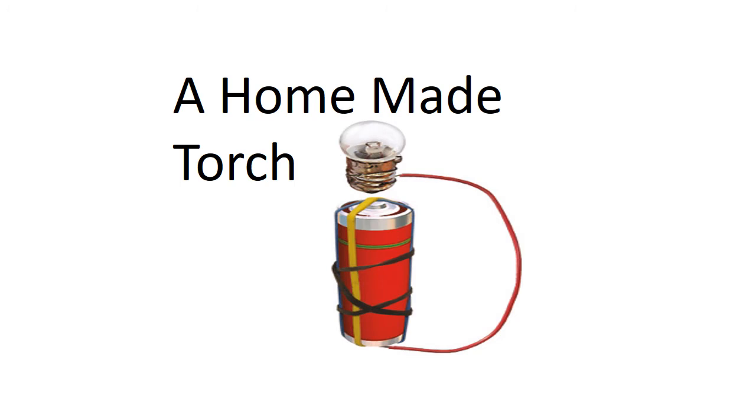Homemade torch. Paheli is thinking about making a homemade torch. For this, what you need to do is you have to take a torch bulb and a piece of wire. Remove the plastic covering of the wire at the ends of the wire. And then you fix one end of the wire to the negative terminal and one with the positive terminal. And in between that you place the bulb. When the bulb glows, you can find that it's working just like a torch.